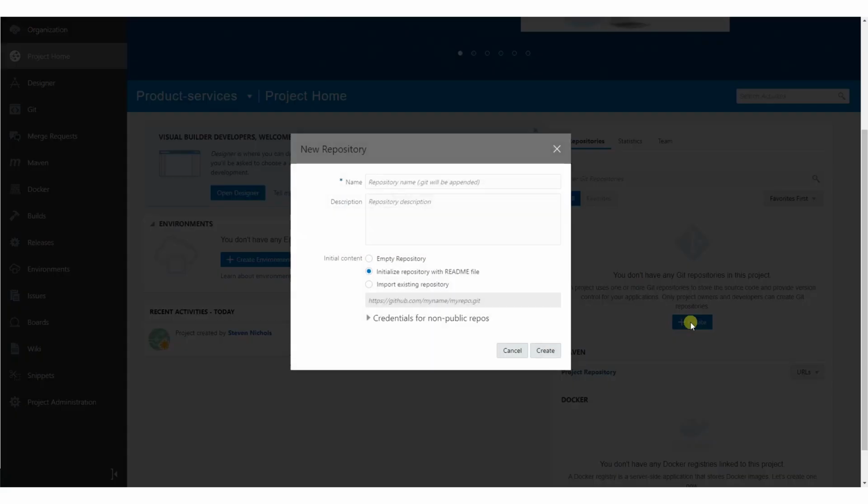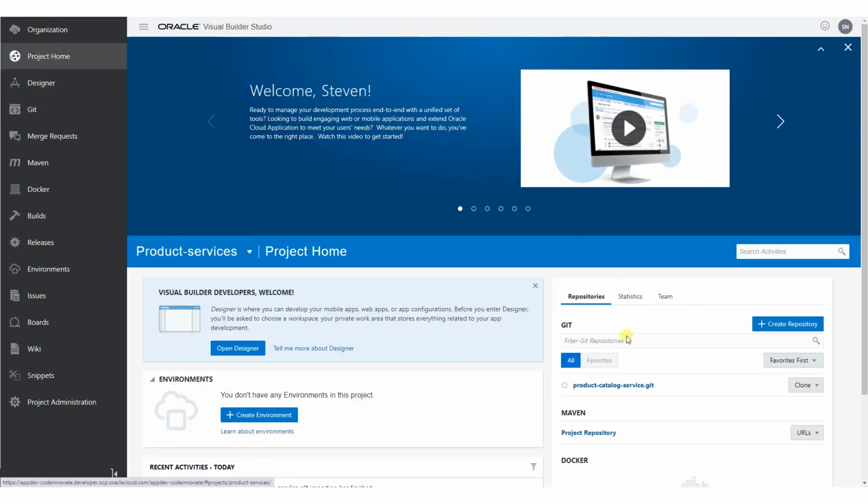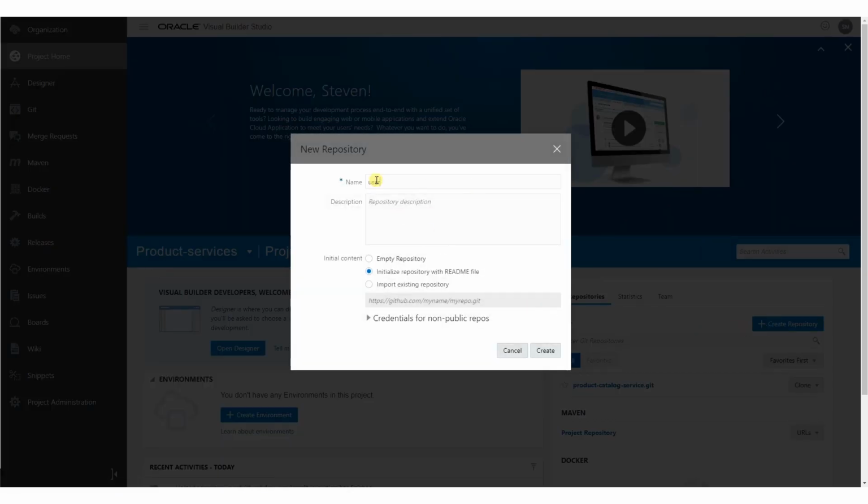Now that the project's been created, let's add two repositories. One for the product service and the other one for the user service. Here we will import an existing repository. Let's navigate back to the project home. Let's add a second repository. And again, this one will be leveraging an existing repository which will be imported. Now that the repositories have been created,